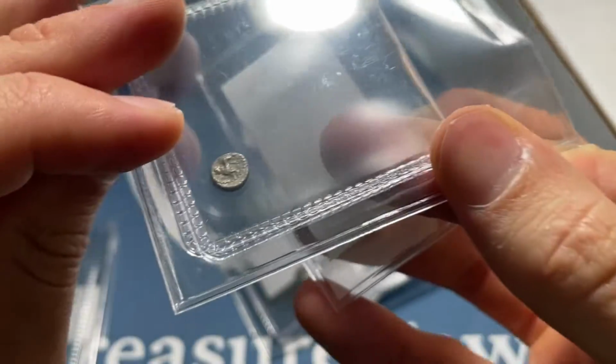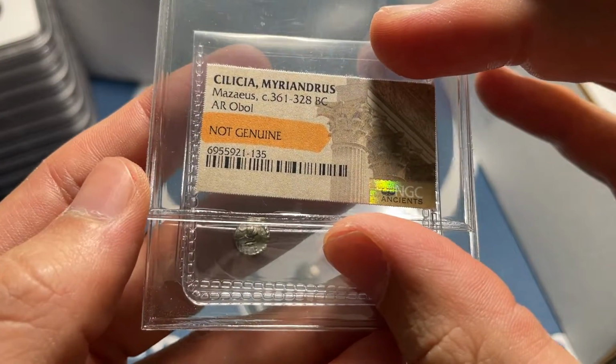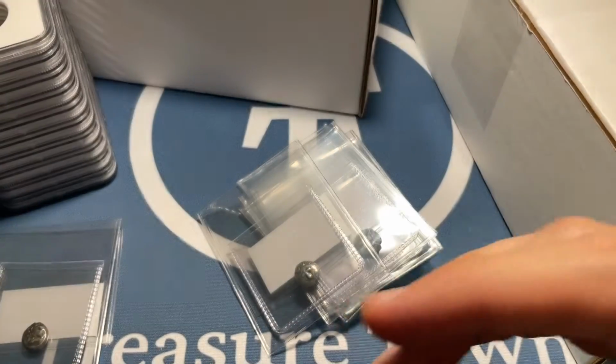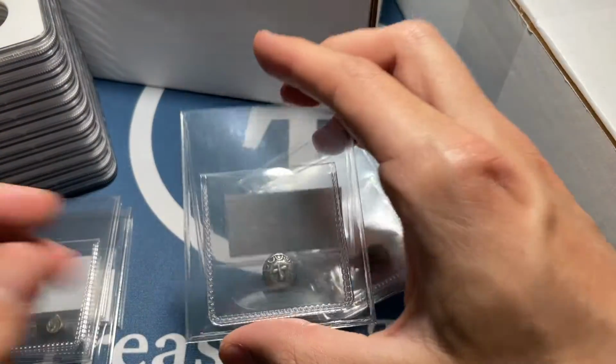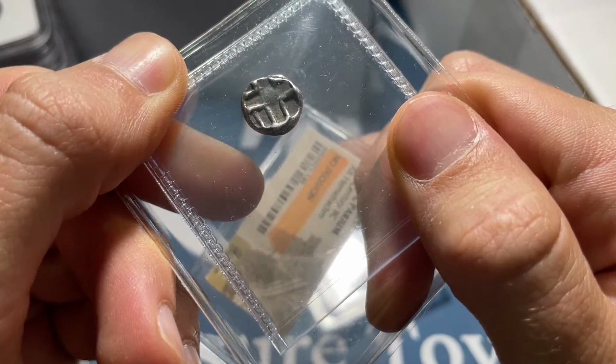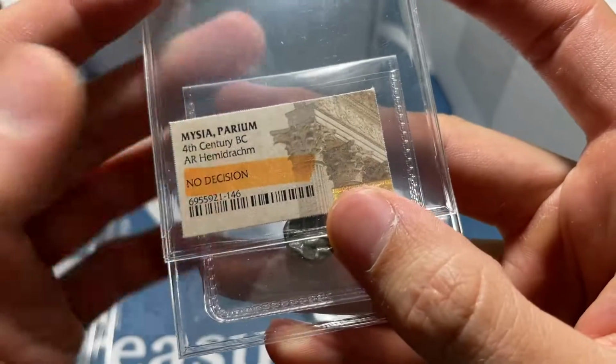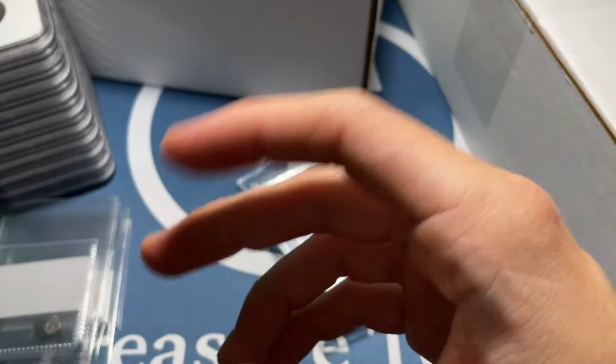This one's a nice little Syrian, or like a ball type. Not genuine Cilician obol. Good to know. This one we thought had very strange style, so we sent it in. Parian hemidram. No decision. So if it says that, that means that they don't know if it's fake or real,